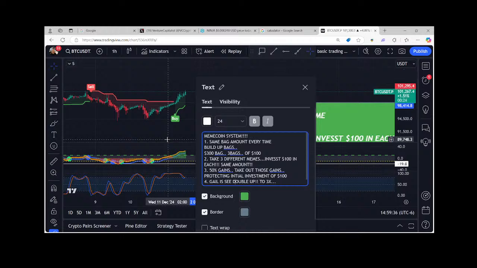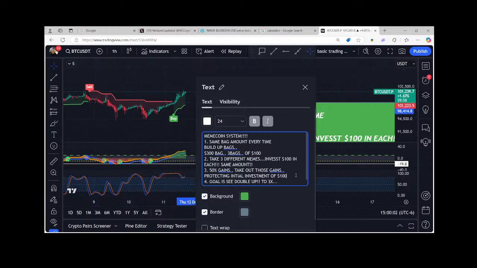And your goal is to put yourself in a situation where you get your double up and you're getting a double to a 3x, and then you want to become a community member, but you want to use profits, right? So once you have your double up, right, and you have your $100 and you got your initial out, and then once you have your initial, right, that's kind of like the key to this, right? Once you have the initial,